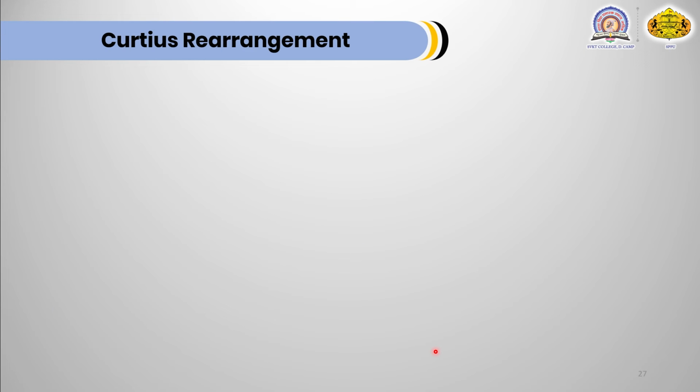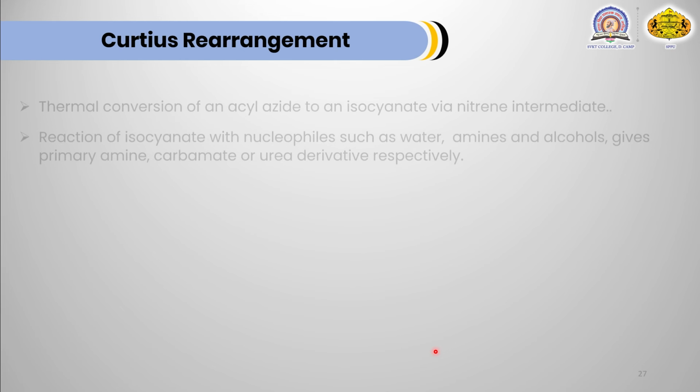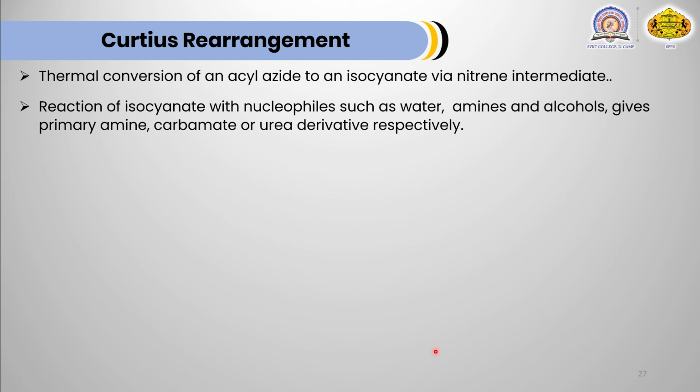Now the next rearrangement reaction is the Curtius rearrangement. In Curtius rearrangement, thermal conversion of an acyl azide to an isocyanate via a nitrene intermediate takes place. In this reaction, isocyanate is formed. This isocyanate is attacked by a nucleophile, that is water, an amine, or an alcohol, giving primary amine, carbamate and urea